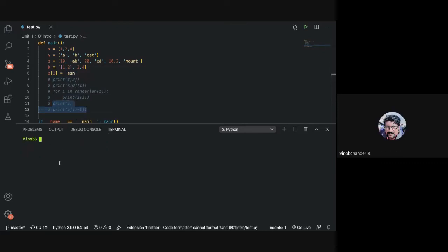Sir, in this reversing, I want the SSN string reversed. Okay, then what will be the syntax?